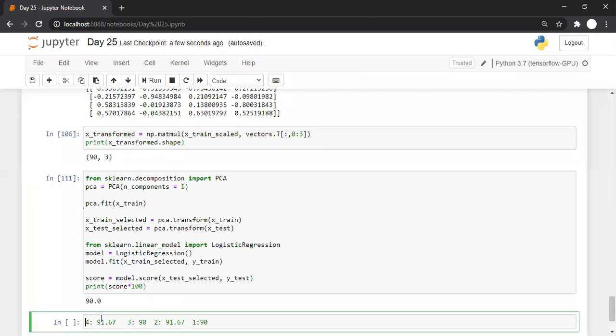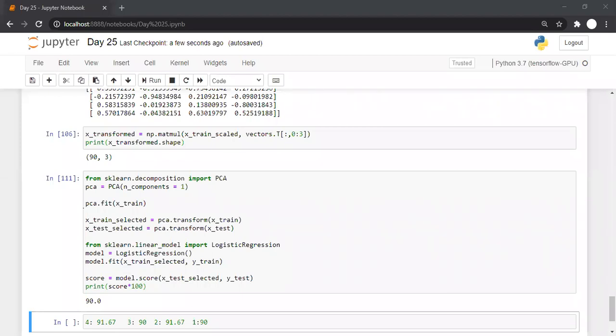With 4 components, I am getting a 91.67% score. With 3 components, we are getting 90%. With 2 components, 91.67%. And with 1 component, we are getting 90%. So class, how many components should we use? 4 or 3 or 2 or 1? Okay, so Aaron is saying 4 components.